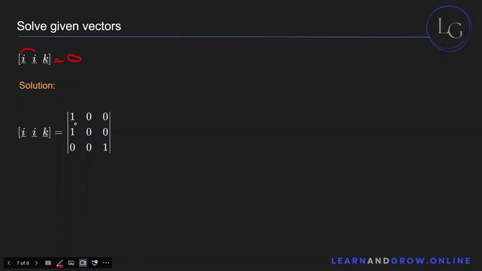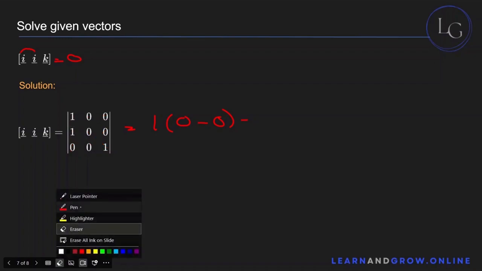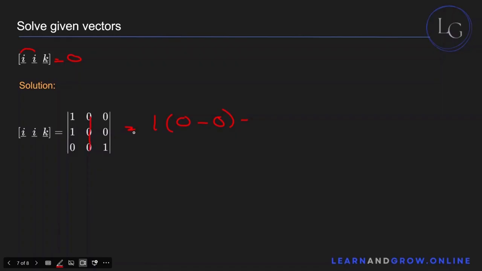when you solve this using the matrix method, you take this 1 over here. So basically that means you write down this 1, cancel out its column, cancel out its row, multiply 0 and 1, that gives you 0. From that subtract 0 into 0, so 0. The second one is negative again. So what do you do? Well, you write down the 0, this 0 over here, and then you cancel out its row as well, and then you multiply 1 and 1, so that gives you 1, and that subtract 0 into 0, that gives you 0. And the third one